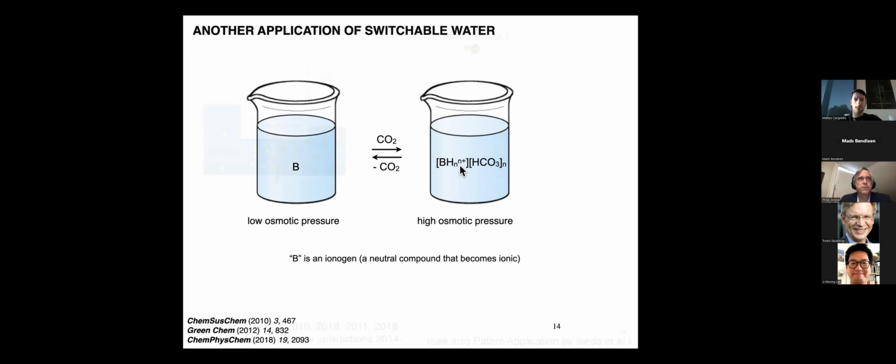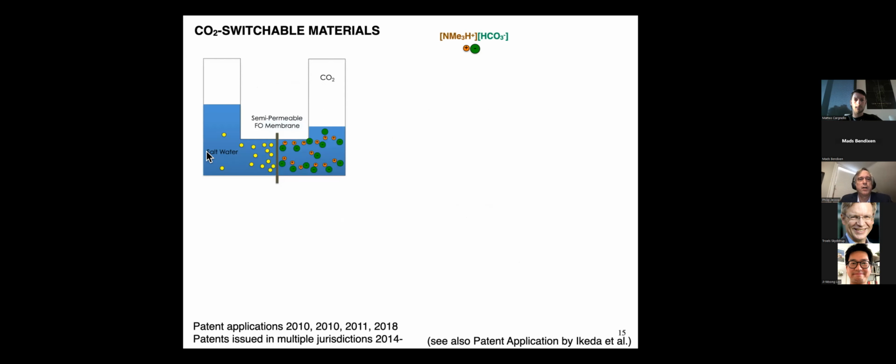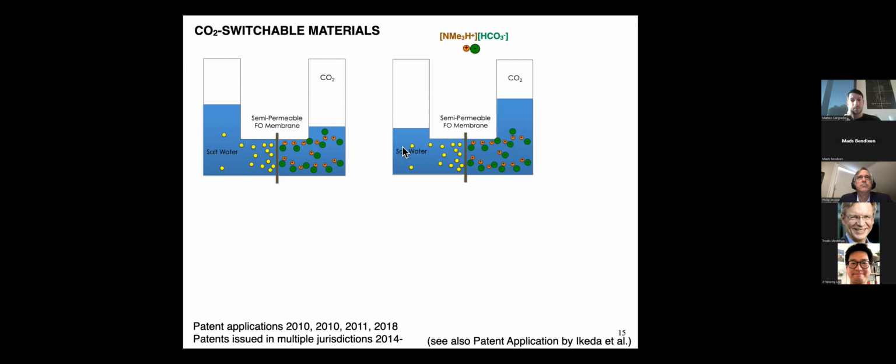So what could this be useful for? Well, imagine you have some wastewater or salty water on the left side of a membrane, and you put one of our switchable water solutions on the right side of a membrane. In this case, it happens to be the bicarbonate salt of trimethylamine. Because our aqueous switchable water solution is very salty, the osmotic pressure is very high, and it sucks water out of our wastewater. I've only shown a small water reduction here, but actually you can get our wastewaters down 5 to 10-fold by volume.